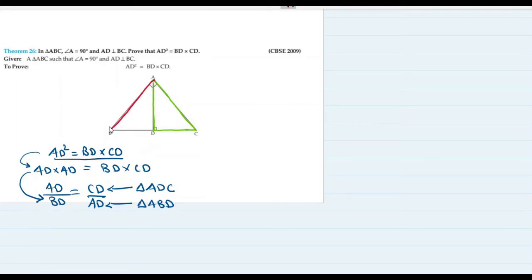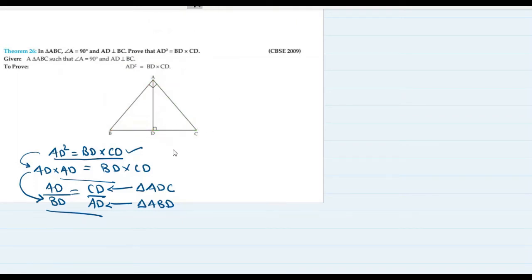This is a very useful technique. As you can see, I have not applied Pythagoras theorem directly, but after seeing the question, I thought that if I simplify this expression which is to be proved, I can get closer to my answer. So these are the two triangles ABD and ACD in question. And if we can prove these two triangles similar, then definitely we can write this statement by CPST, then this statement by cross multiplication, and this statement is the final statement to be proved. Correct? So now both the triangles are visible to you, so I'll just remove this highlight.